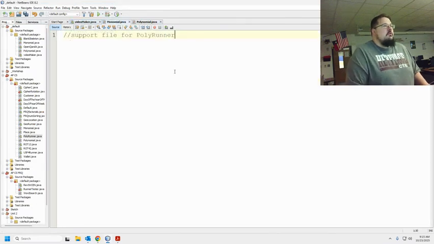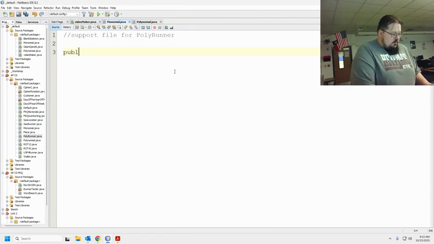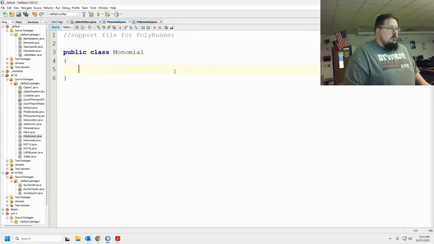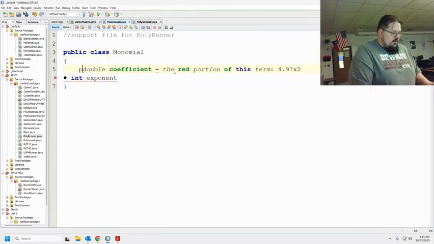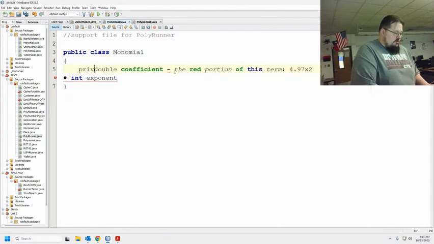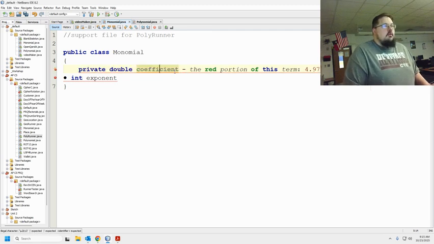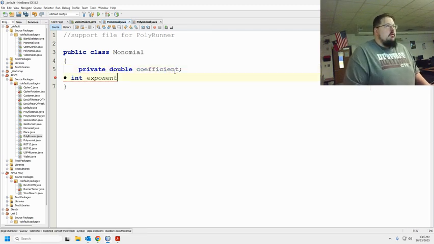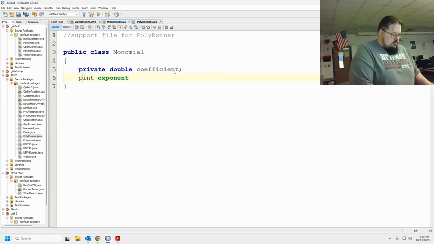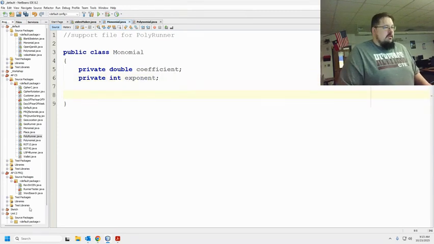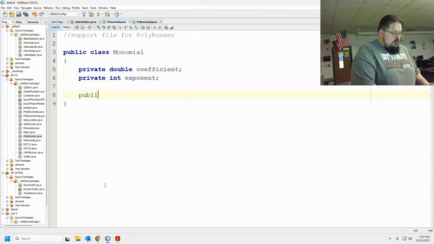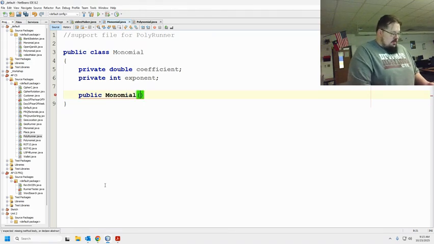Monomial. Okay. Public class monomial. Okay, here's our PIVs. Probably won't be able to stay this large zoomed in, but we'll go from there. Okay. And then